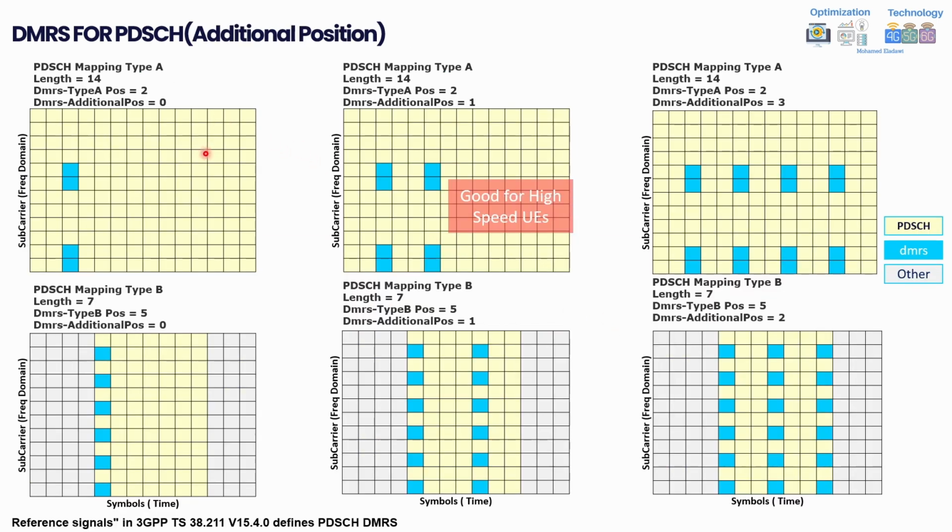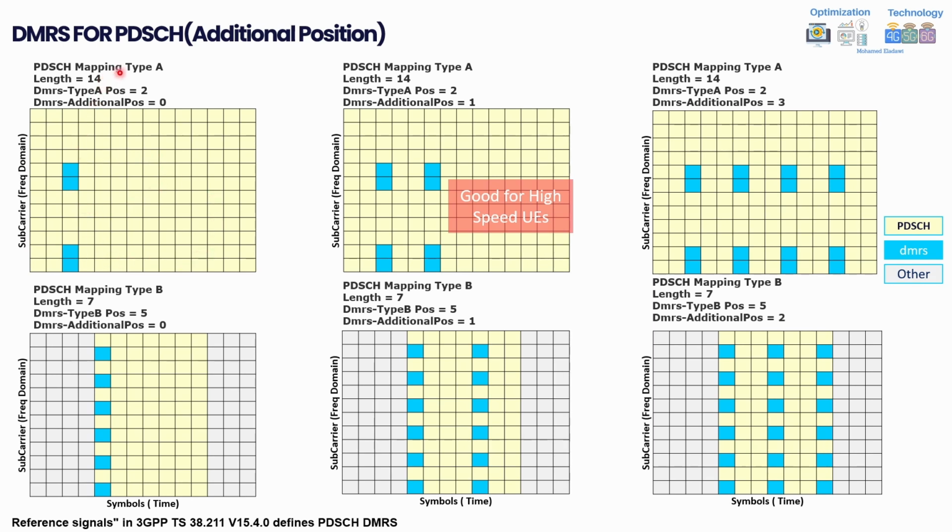For example, speaking about the additional positions, I am just giving examples here. As mentioned before, this is useful for high speed UEs because you will have more instances in time. So this can give better performance for users with high speed, where the channel propagation changes more rapidly, to have better demodulation of the reference for the BDCH and so on for DMRS BDCH. Here, as I mentioned, above we have some higher layer parameters which define all the configuration for the DMRS.